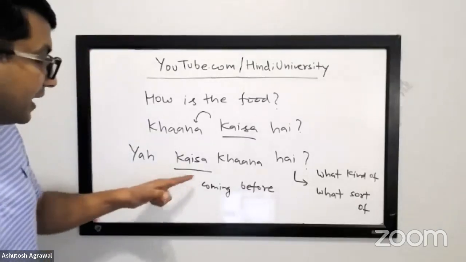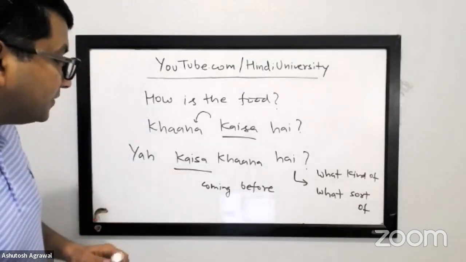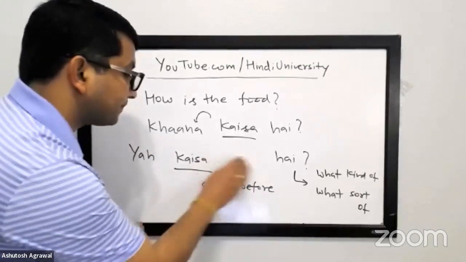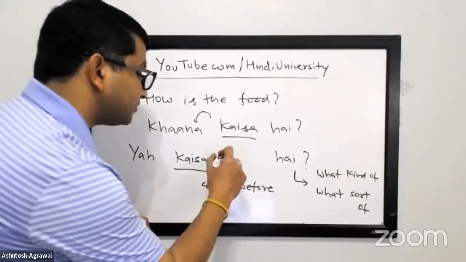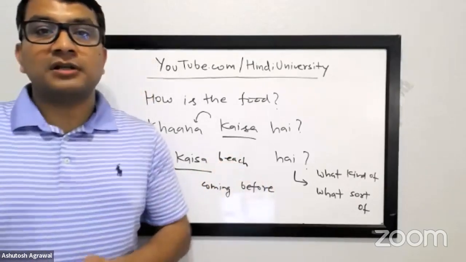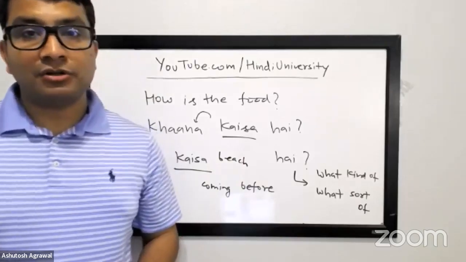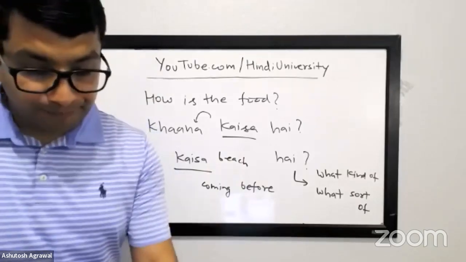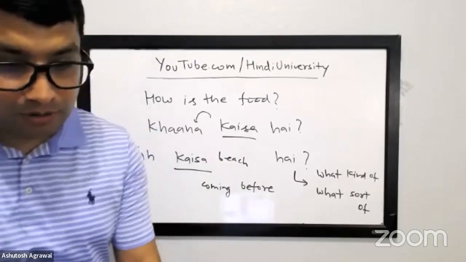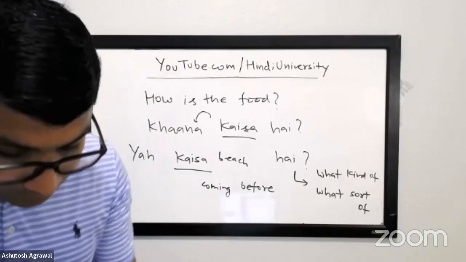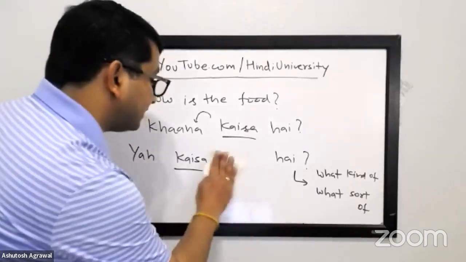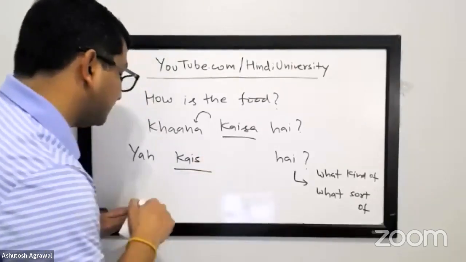Let me change it. यह कैसा beach है. Let's say you want to inquire about the beach. What kind of beach is it? And the answer could be, this is a pet friendly beach, or it could be a rough beach, where the waves are pretty long, right? Or anything would be, यह कैसी जगह है, ये कैसी,